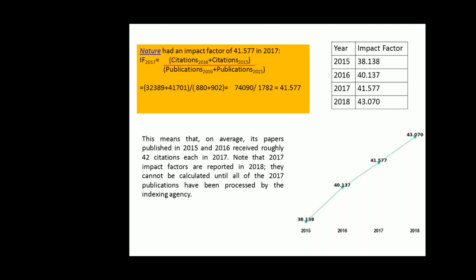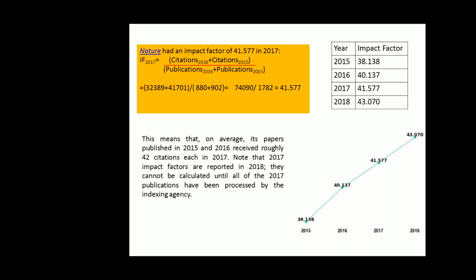Nature had an impact factor of 41.577 in 2017. How they calculated it is shown here. Impact factor 2017 equals citations 2016 plus citations 2015, divided by publications 2016 plus publications 2015. The data is taken, and assume the citations of 32,389 and 41,000 are added, similarly the number of articles is added, and dividing it, it comes to